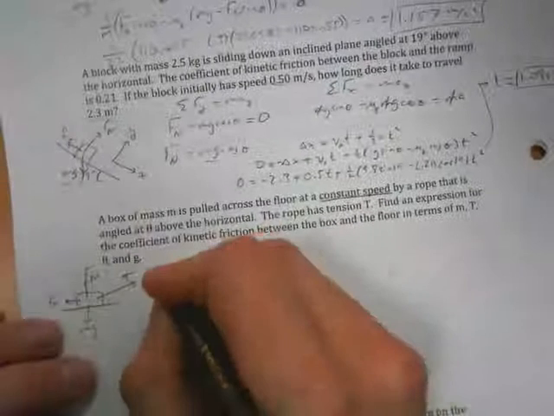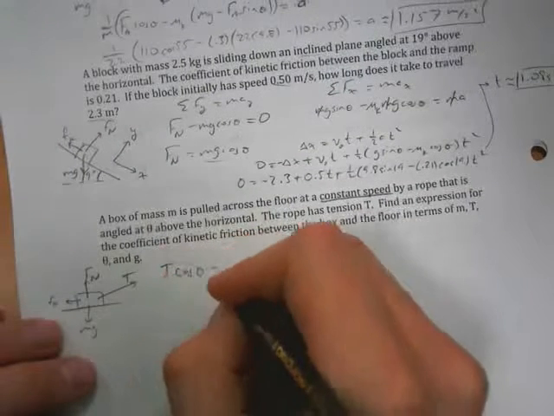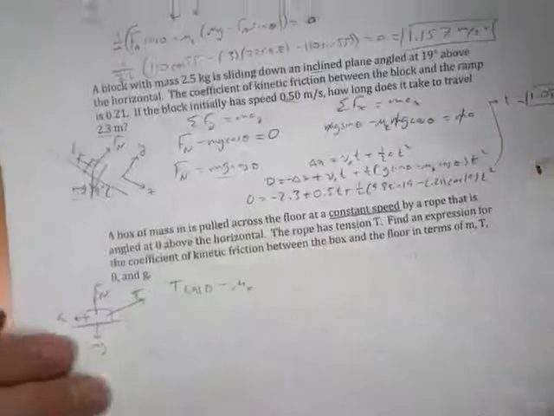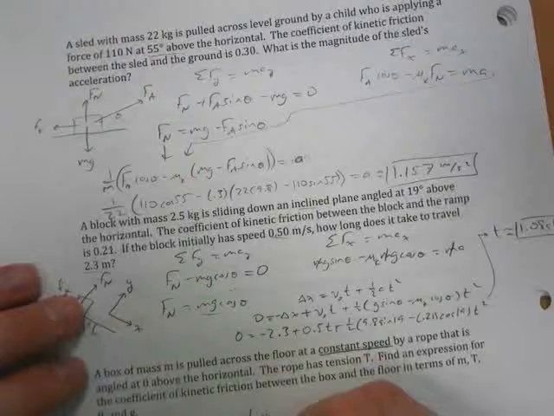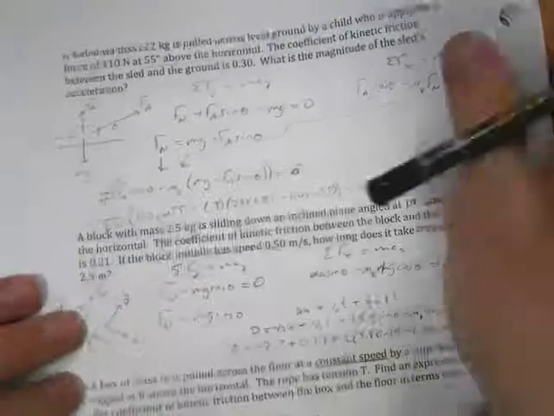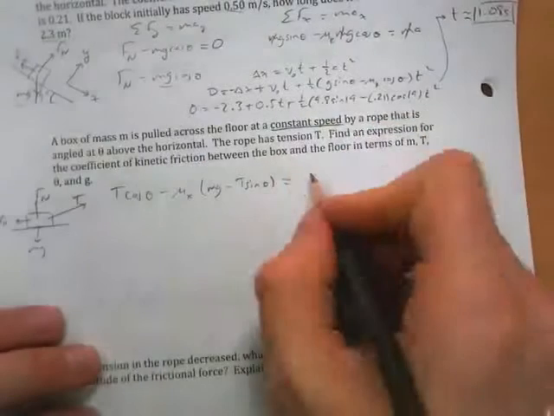This comes to tension cosine theta minus mu k times normal force, and normal force is mg minus tension sine theta, and that is equal to 0